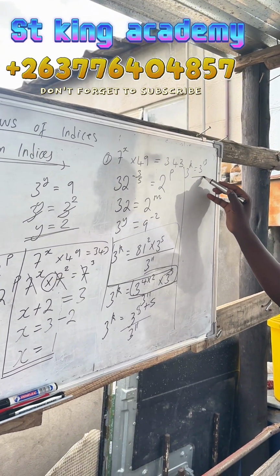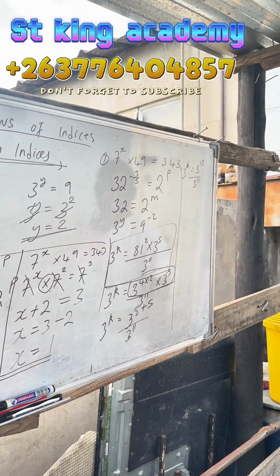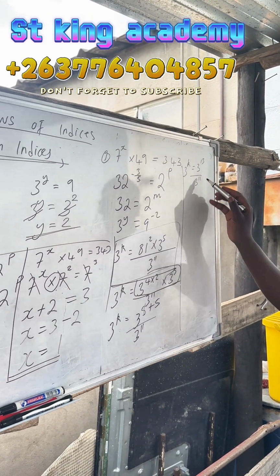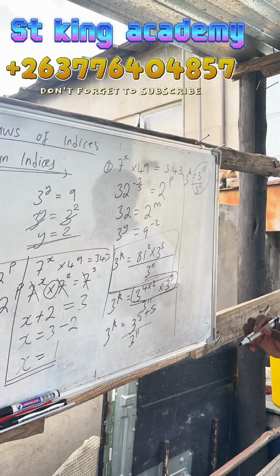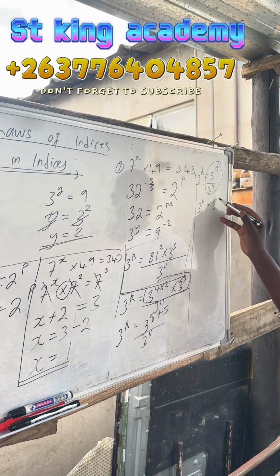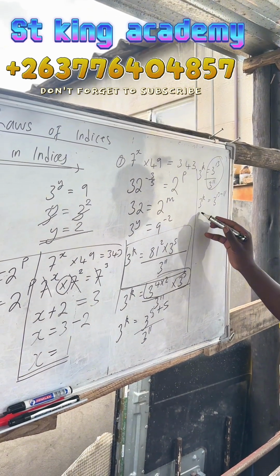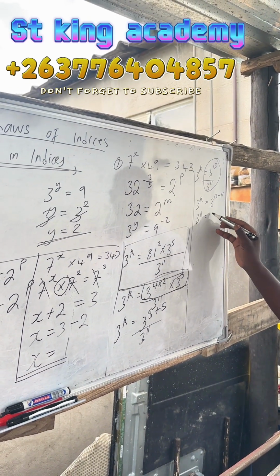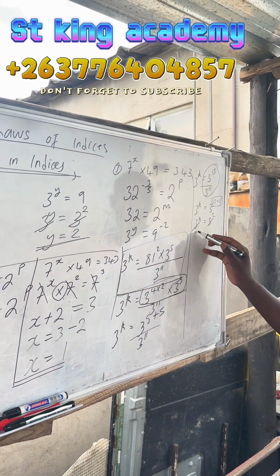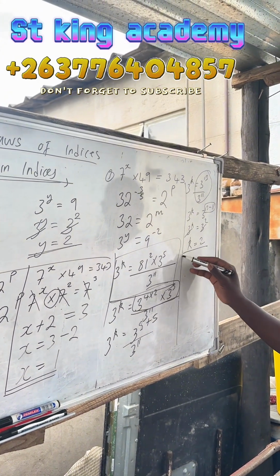13 over 3 to the power of 11. Apa tikuita division. Ndizvo ka, obva kuti 3 to the power of k is equals to 3 to the power of 13 minus 11. So 3 to the power of k is equals to 3 to the power of 2. Let's check it out guys, saka k is equals to 2, and this